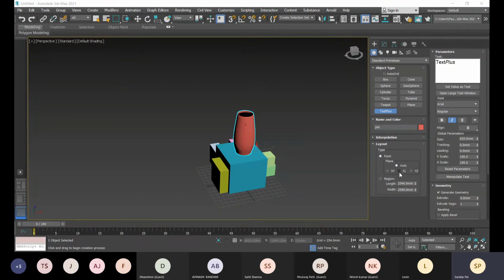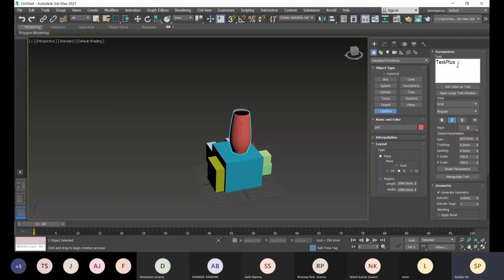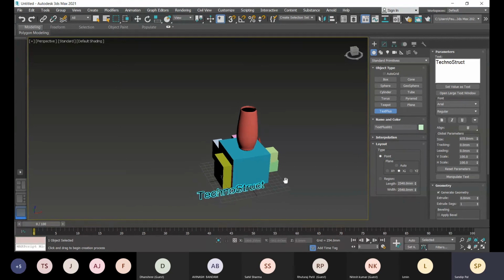If I specify xz, it will be created along the xz plane. So here, let me create. Now you see it is created along this xz.